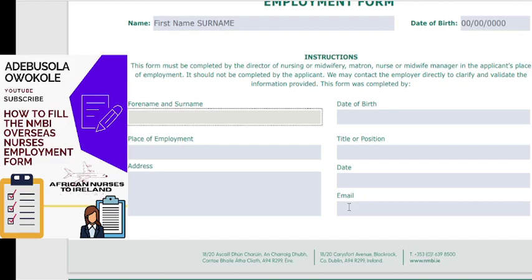And again, about the email, this one doesn't have to be an official email. It's the signatory email, just the email of the person filling the form. So it's not necessarily the official email. It could be Yahoo Mail, it could be Gmail, it could be anything. It's acceptable. The date is the date the form is being filled,